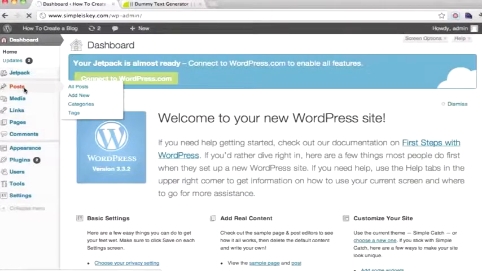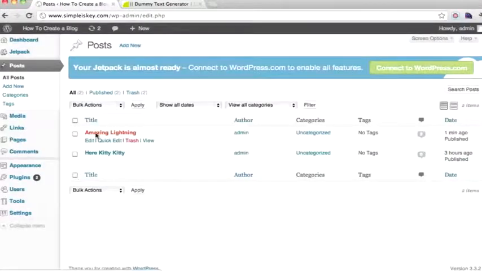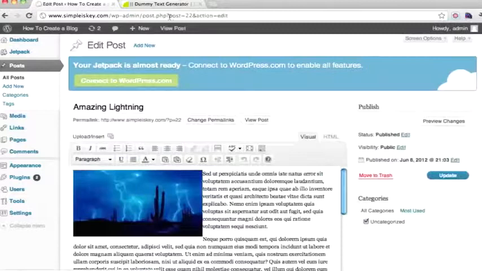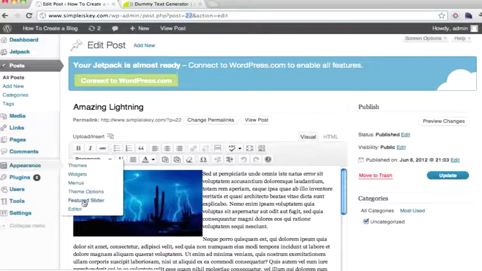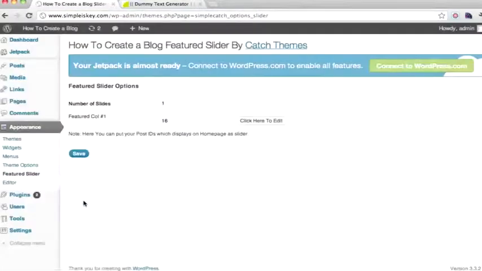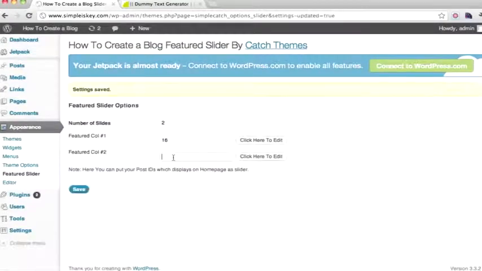So we go to post again, and we click on the lightning post, and we see post equals 22. So we have to remember that number 22. So let's just copy that and go to appearance, featured slider, and number of slides now, 2. Click save. And let's put in 22, that number of the post. Click save, go back to our website, look at it,